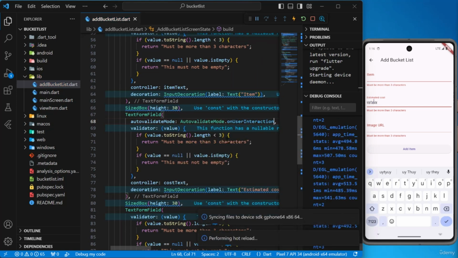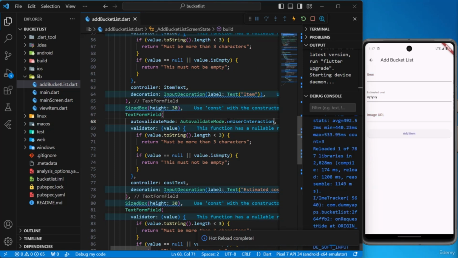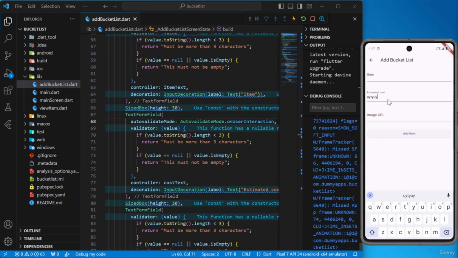Alright. So if you set this argument to auto validate mode dot on user interaction, this will be